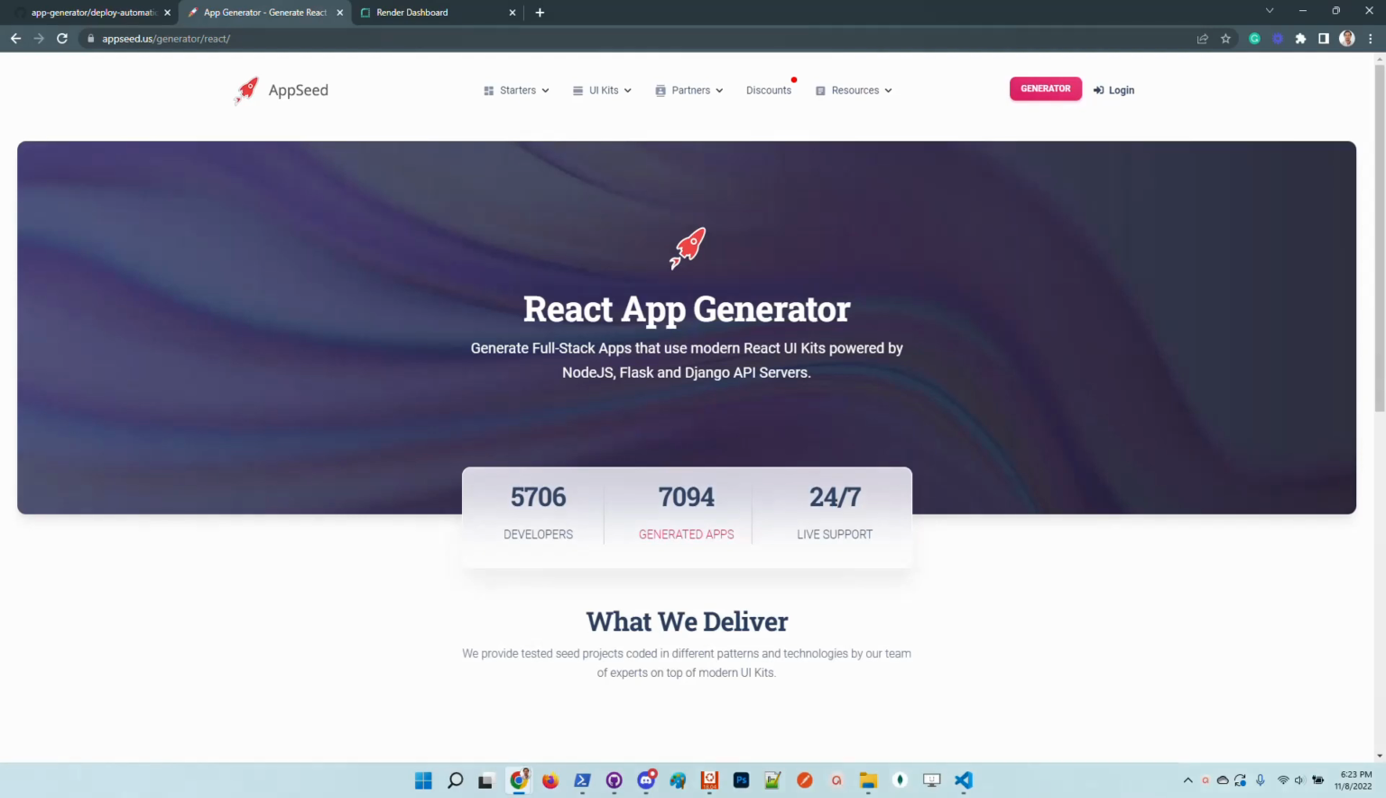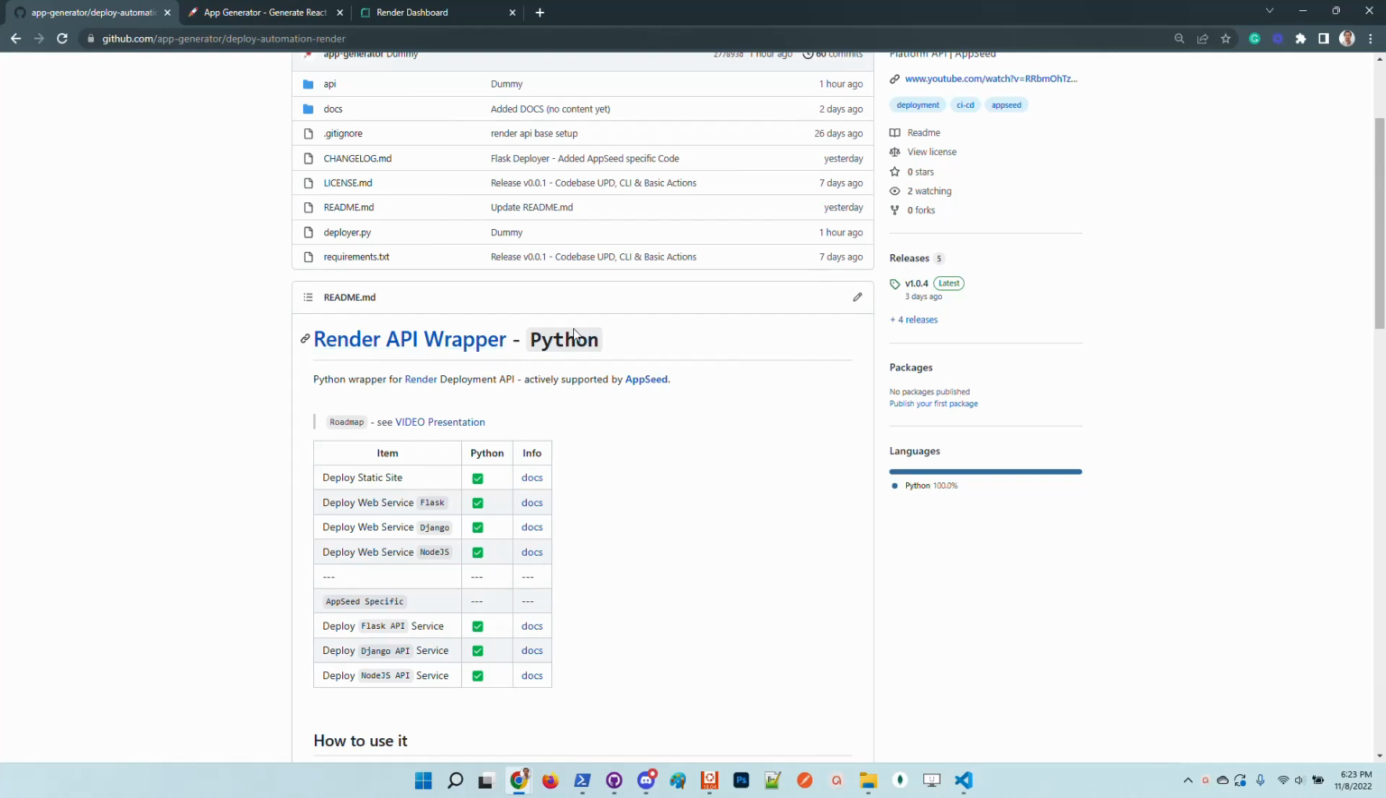In this demonstration, I will use the app generator provided by AppSeed to build a full stack product powered by Node.js as a backend server and React in the front end. Once the product is generated by the platform, we will use the CLI provided by another open source tool, which is this Python wrapper over the Render API,